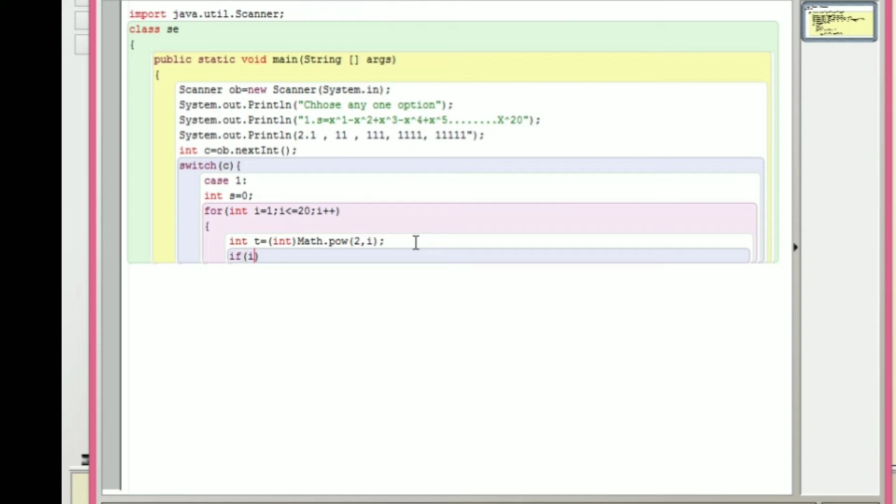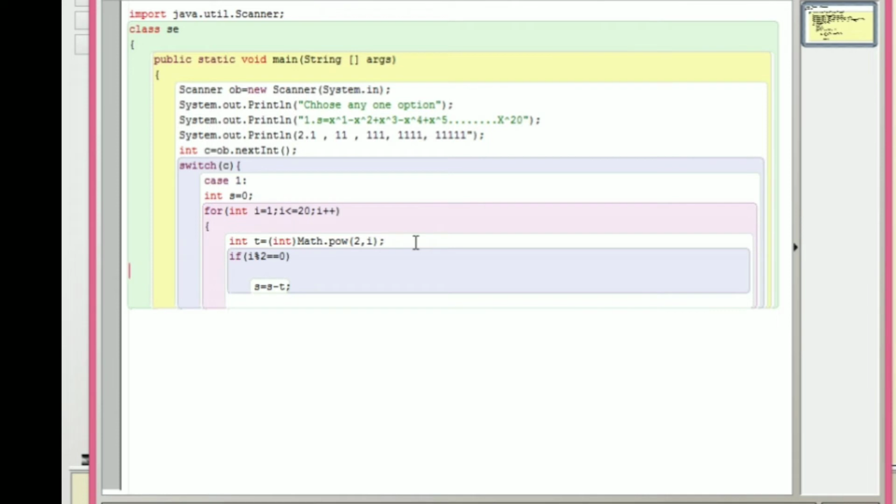Then after we have to put a condition, because one time it is plus, next time it is minus. So we will put a condition here by using a conditional statement if, that is, if the value of i is even, that is i modulo 2 is equal to 0. If it is even, then what do we have to do?